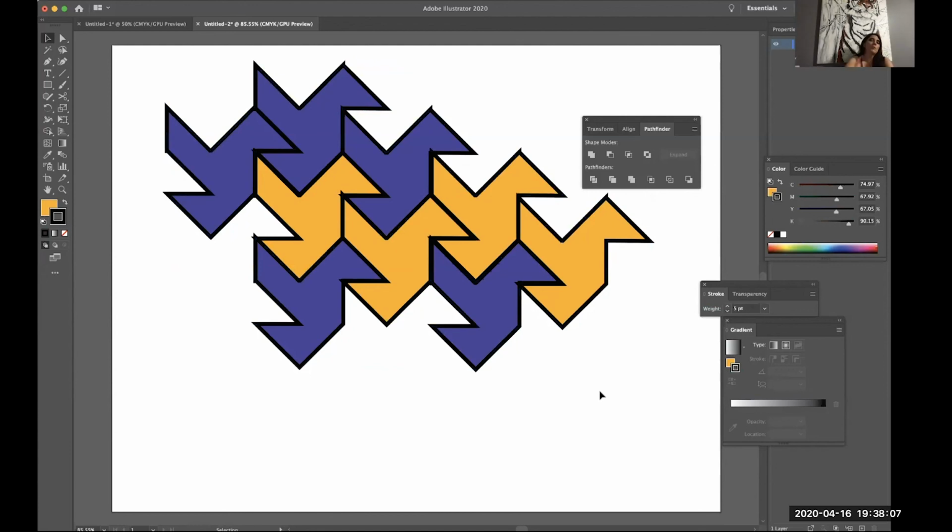So this would be it. This would be your tessellation bird. And what you're going to do is color it whatever colors you want. You can do more than 2 colors. I chose a yellowish orange and a bluish purple. Again, it depends on how you have them spaced apart, but I don't know if you can see it as a bird, but that's what it is for me. It's my tessellation bird. I didn't make him up. Somebody else did, but